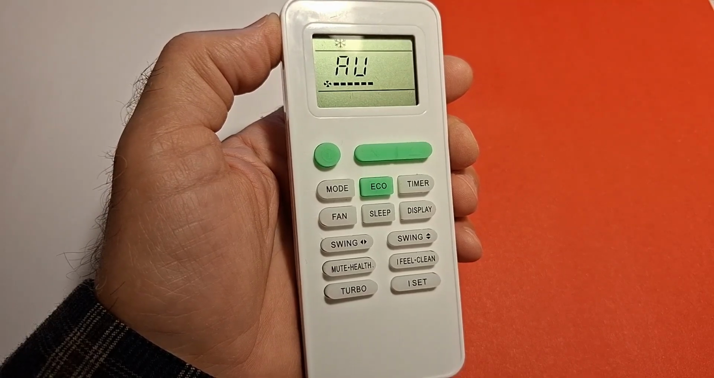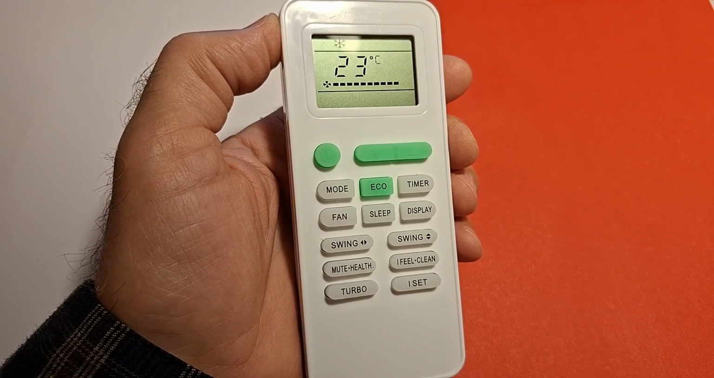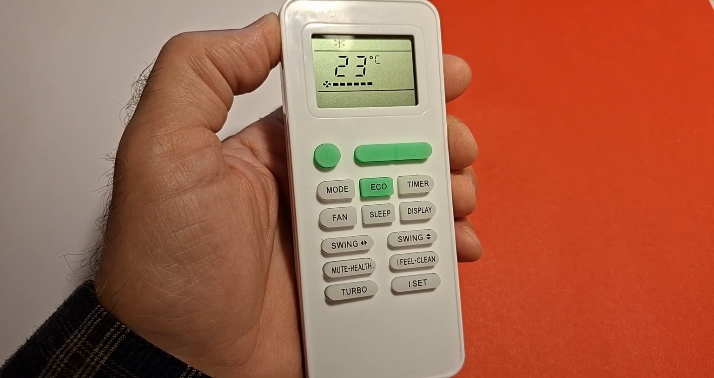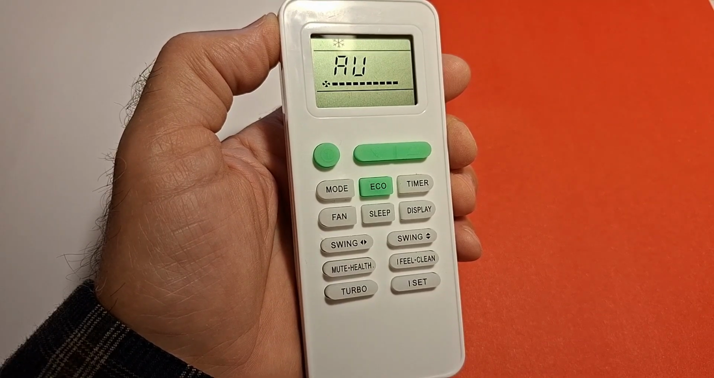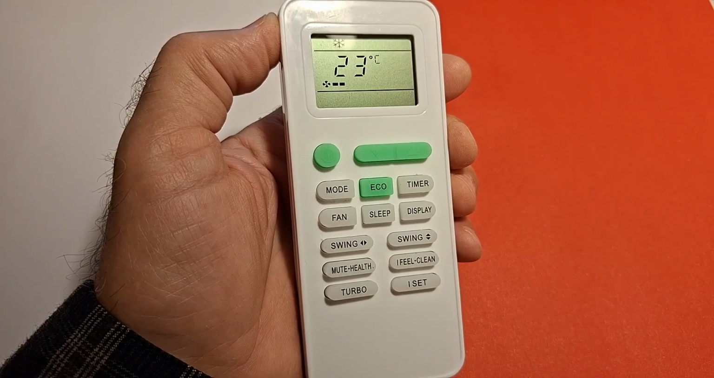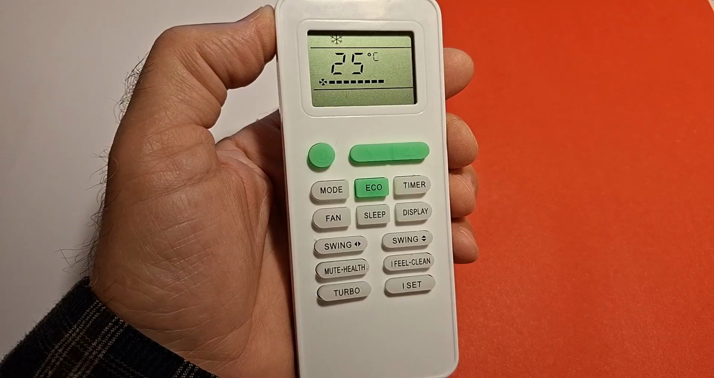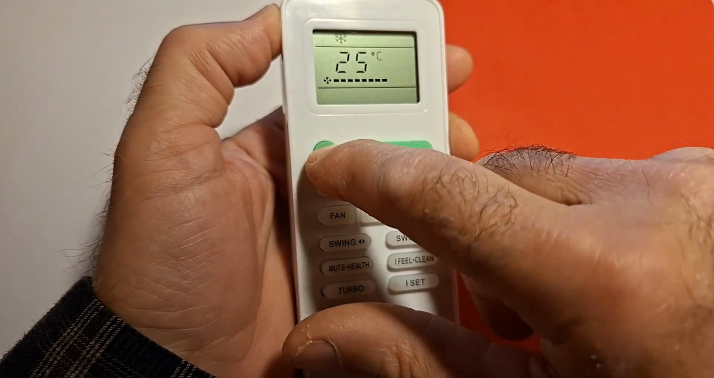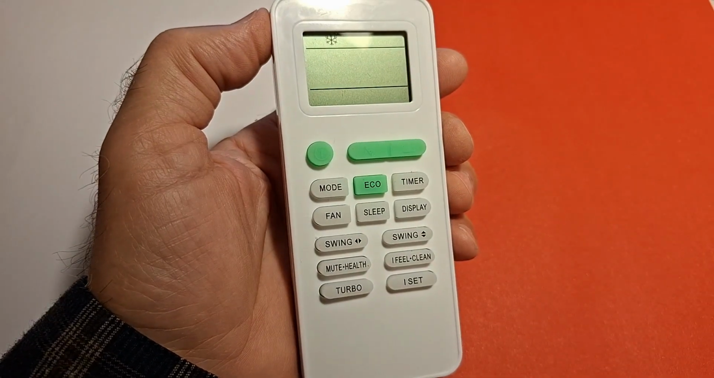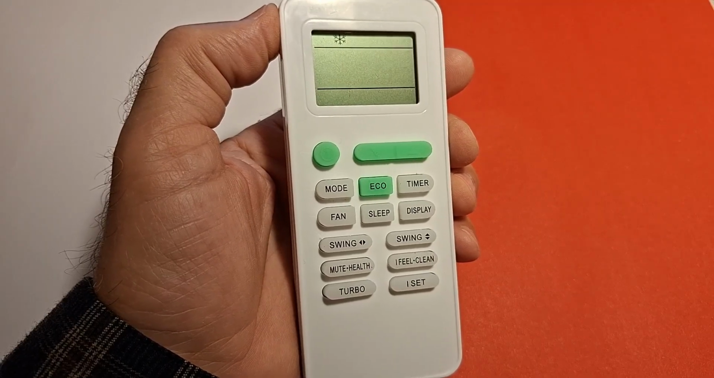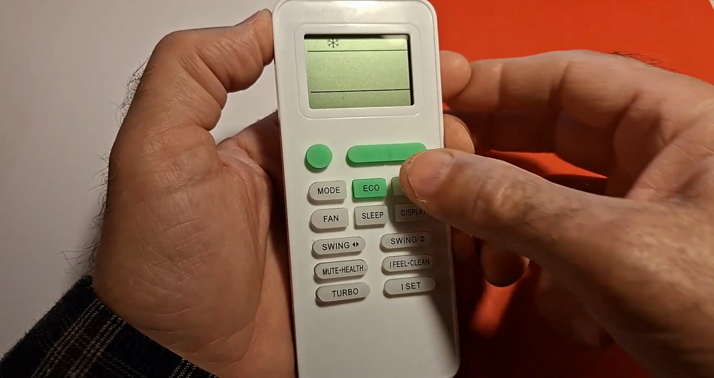This unit has two timer modes, timer on and timer off. Timer on is used to program when the unit turns on, and timer off to program when it turns off. For example, if we leave home at 8 a.m., turn off the unit, and want it to turn on 10 hours later. To do this, we press the timer button twice